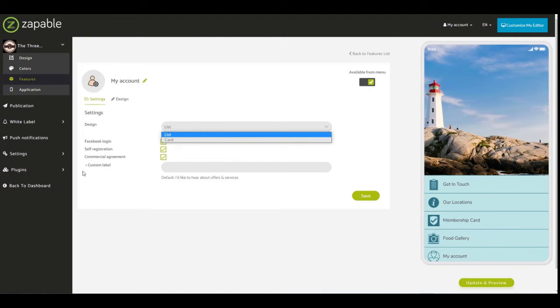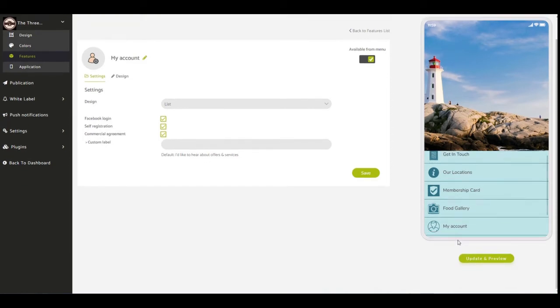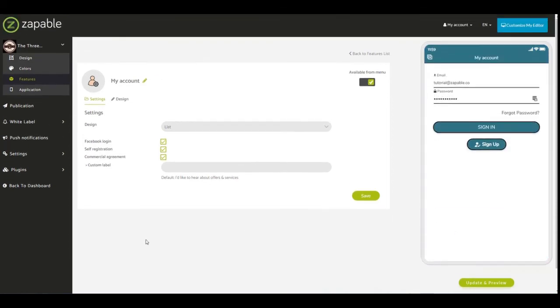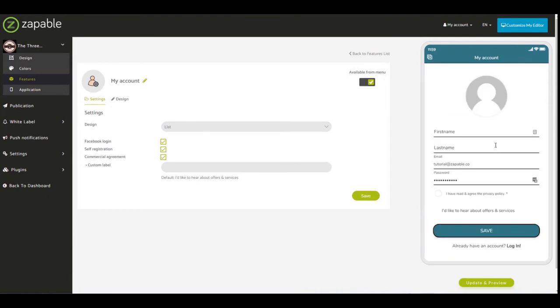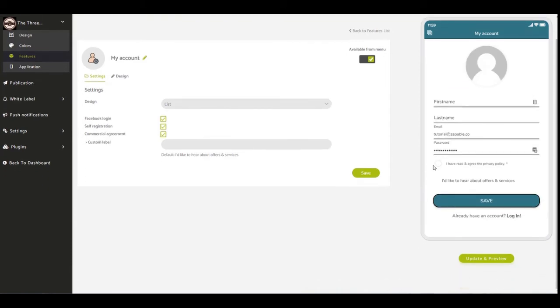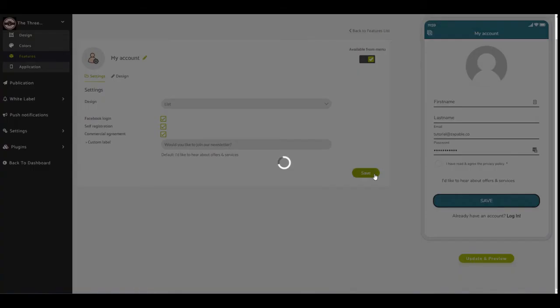And then we've got a commercial agreement, and then we've got a custom label here. So this is where you can add in, let's see if I go back to My Account. So I don't have anything set in here at the moment, but we've got the commercial agreement, which is the privacy policy, and then we've got this box here which says I'd like to hear about offers and services. So would you like to join our newsletter? We'll click on save,